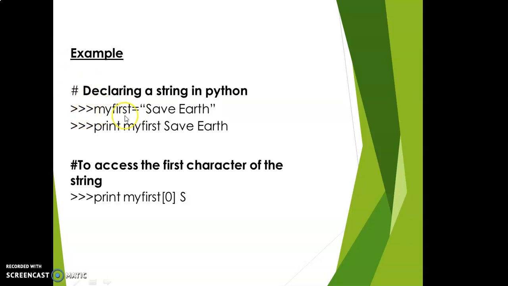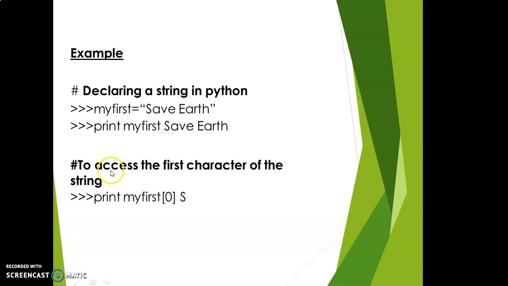I have given my first, so this is a variable name. Here you can write in the Python prompt equals Save Earth. Now print my first, and Save Earth will be printed on the next line.